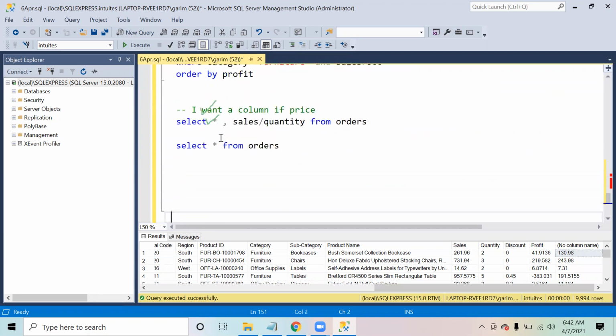When I say star, star means all the columns that are already present in that table. On top of that, I want to add a calculated column also, so I had to put a comma for the next column.